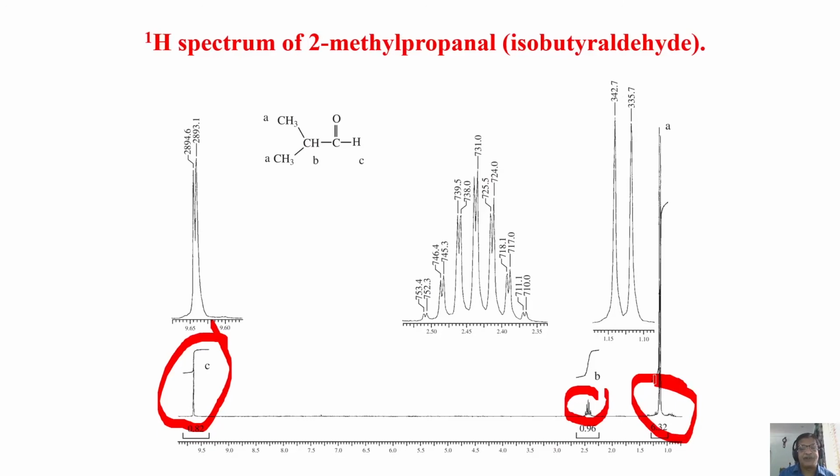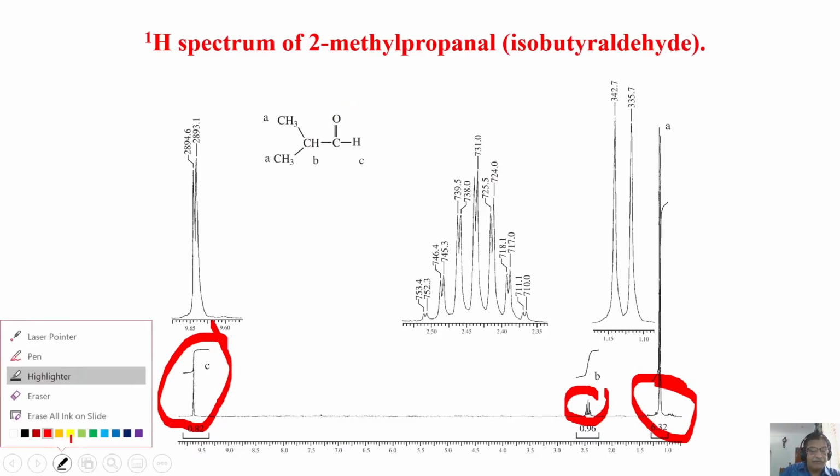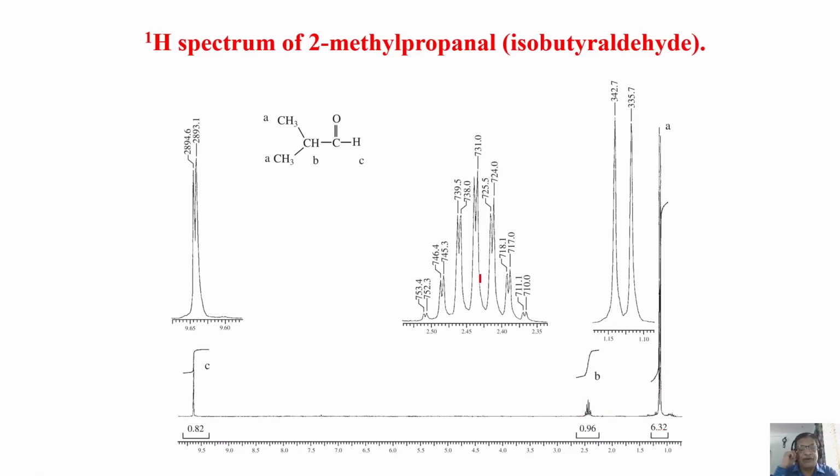So how do you interpret this one now? Very easy. Simply look at the spectrum. Where will the CHO come? Start looking at the spectrum. Where do you start? Look at the intensity here. Intensity is 6.32. This must be for the CH3s, which are coupled by this CH proton. They may be very close in chemical shift, not resolved, or equivalent. So one peak is split into a doublet because of this.